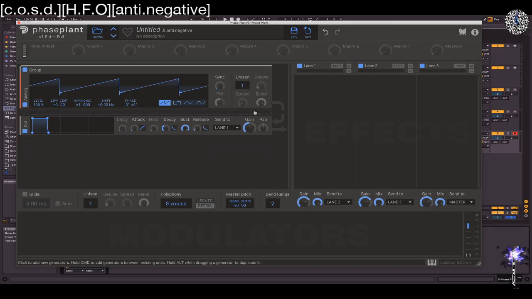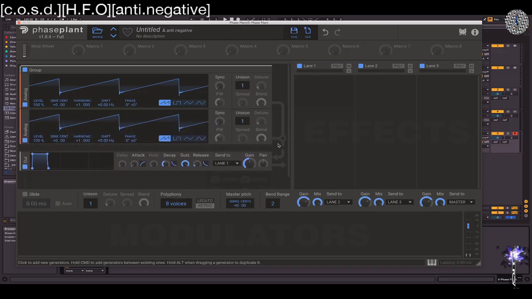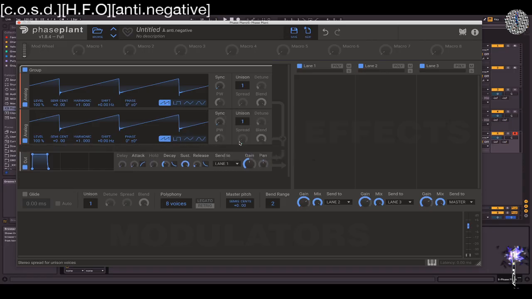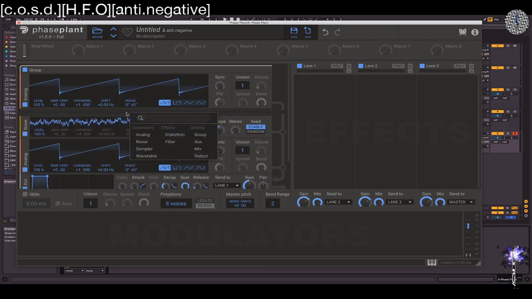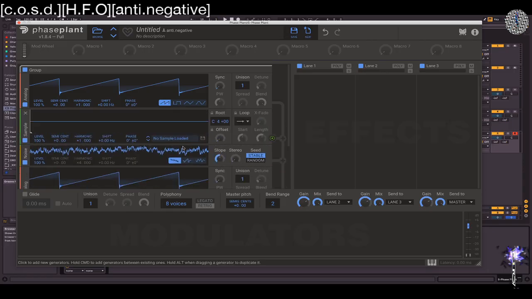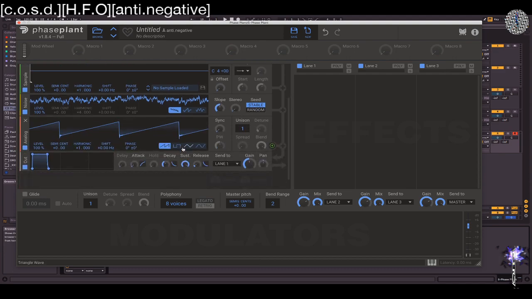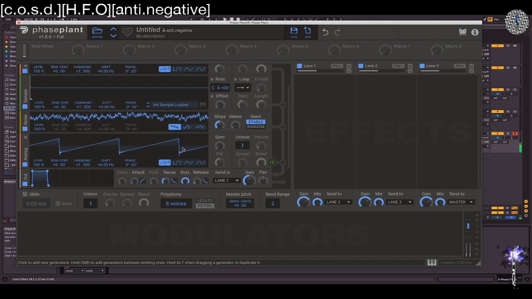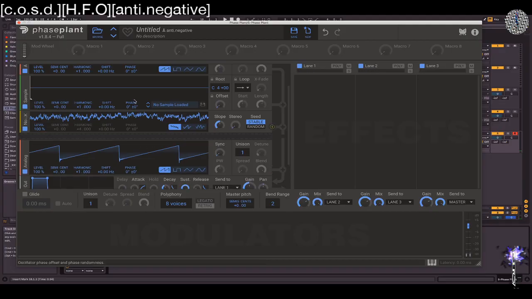So I have more than one oscillator now. I'm going to create more. Analog. So again, summing. And create another one. Let's create a noise. Now let's make a sampler. Kind of like that picture. So they're all summing to the output now. Loud. Alright,